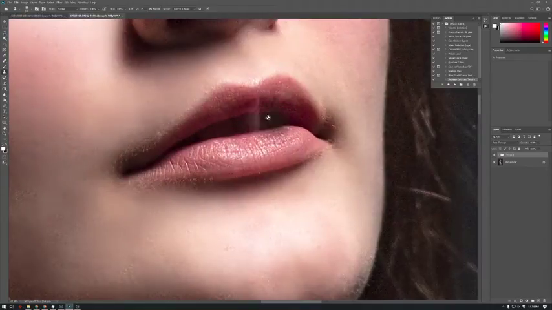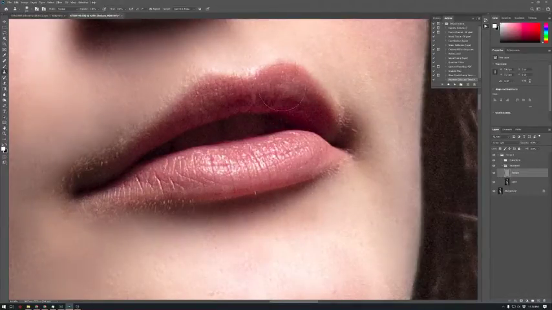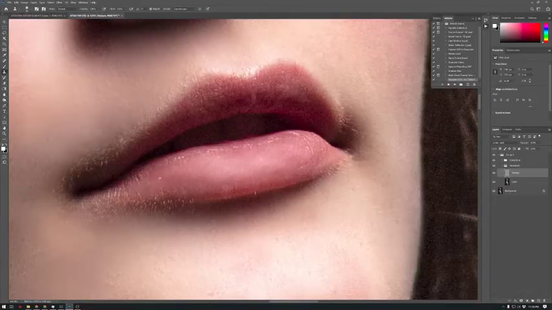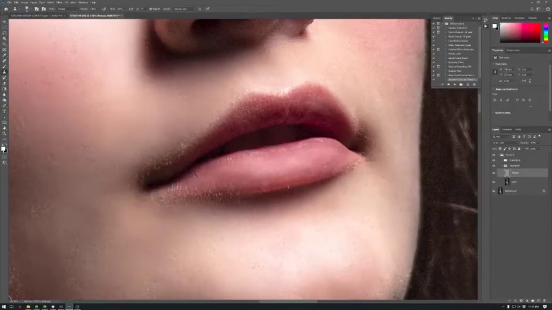The only thing I might think of is the lips. So if you want to go into your lip texture here, drop that. If you want this look on your lips, let's see how that looks. Got some of these creases. Yeah, I'm liking that. So this is a very airbrushed look,